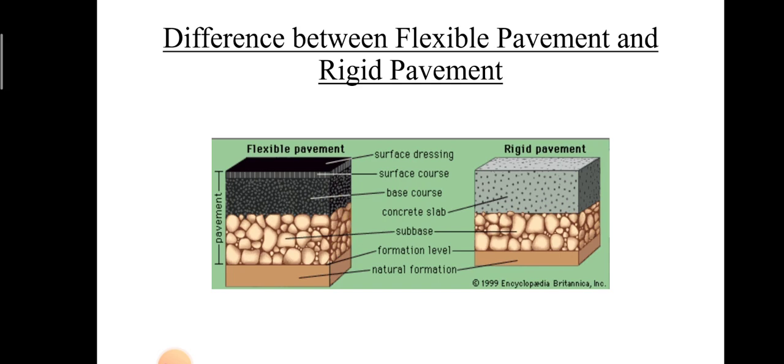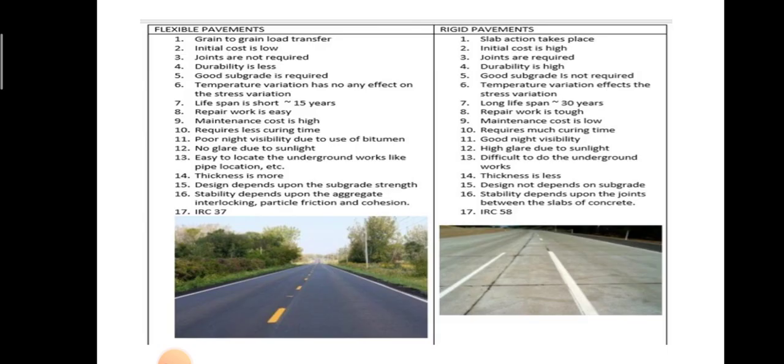Then what are the differences between flexible pavement and rigid pavement? That is, the most commonly used pavements are flexible and rigid. So here are the differences. In flexible pavements, there is grain to grain load transfer, initial cost is low, joints are not required, durability is less, good subgrade is required, temperature variation has no effect on the stress variation,